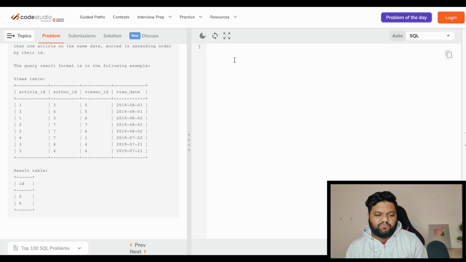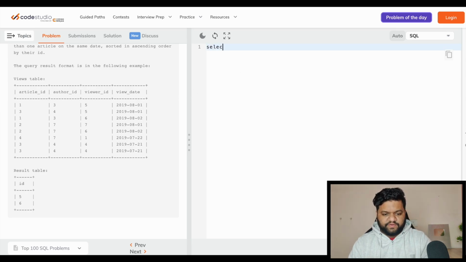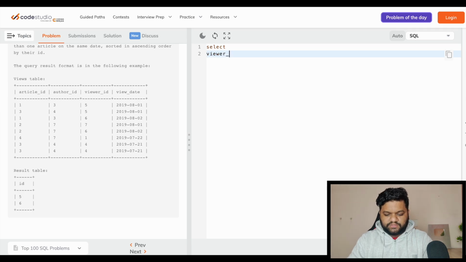So again, pretty much simple. What we are going to do, we are going to use the group by condition, and in the having we will check the distinct count of article IDs should be greater than 1, and we will print those viewer IDs. So let's do it. In the group by we would need the viewer, and we also need the view date. So select. In the final output we only need the ID, which is viewer ID. So viewer ID as ID,